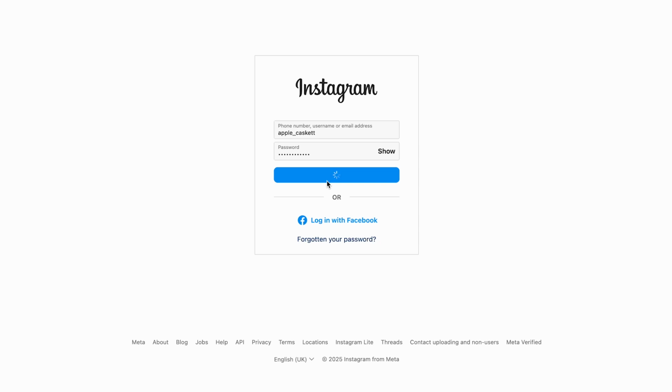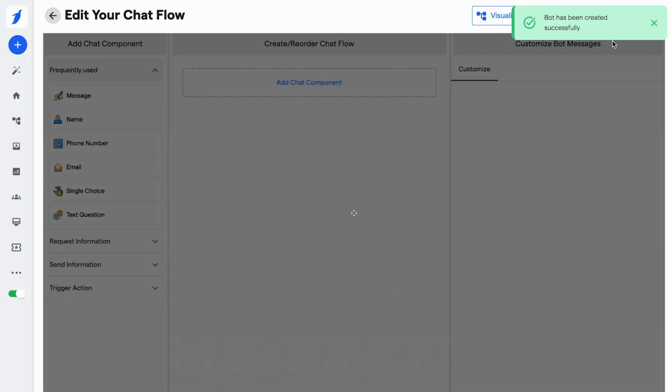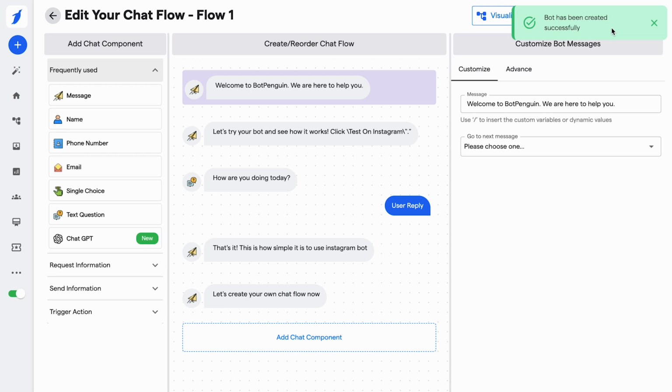Click on login. So BotPenguin is requesting access to your business account. If you select allow, BotPenguin will be able to... Okay, so this is by default selected, and these two, it's your wish, you can deselect them. So click on allow. Okay, so congratulations, the Instagram bot has been created successfully, and you can configure your chat